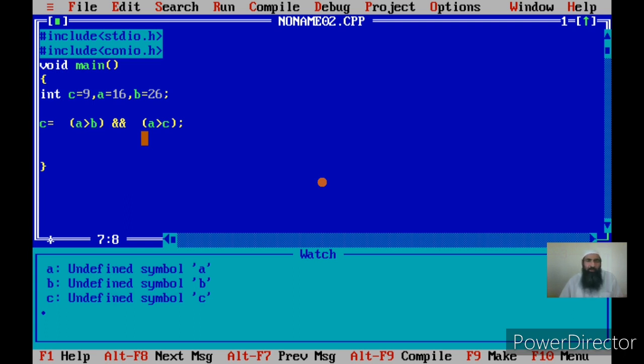For OR, you have to apply the argument as per its truth table. If the leftmost operand is true and the rightmost operand is also true, then it will produce a true. Or if one of the two operands is true, it will produce a true. When both the operands are false, it will produce a false. Now let us see NOT.